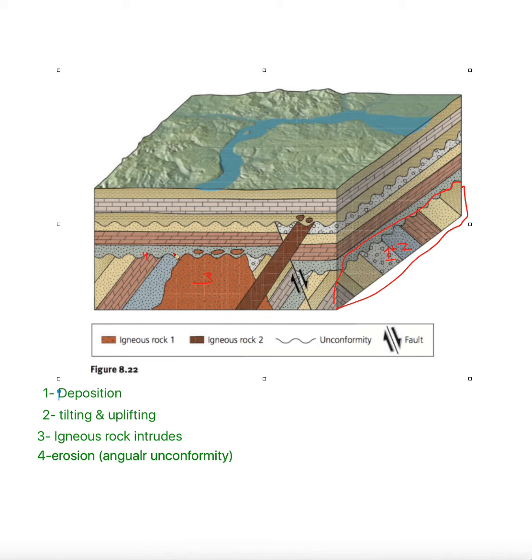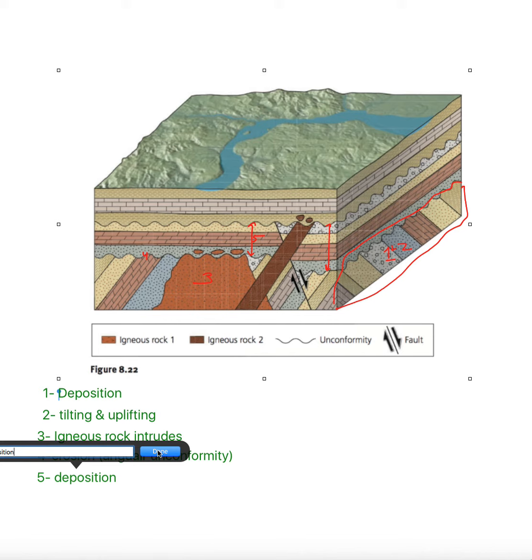And then since these rocks right here, this is going to be number 5, which also includes these rocks right here, because these are the same rocks. You can see this layer is that layer, that layer is that layer, that layer is that layer. And notice the fault, because the fault is dropping this block down, these rocks got pushed up. This rock got eroded away from this side, but it's still exposed over here. So number 5 would be deposition